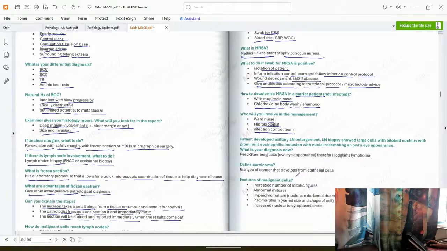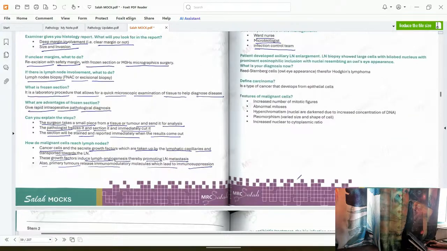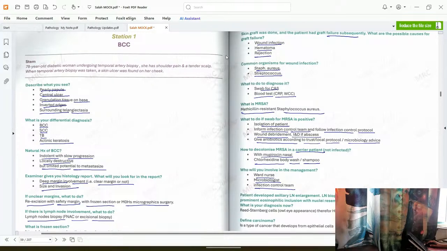The patient developed axillary lymph node enlargement. Lymph node biopsy showed large cells with